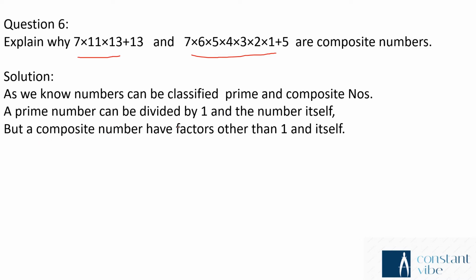A prime number can be divided by 1 and the number itself, but a composite number has factors other than 1 and itself. A prime number means, 3 is a prime number. 3 can be divisible only by 1 and 3, but